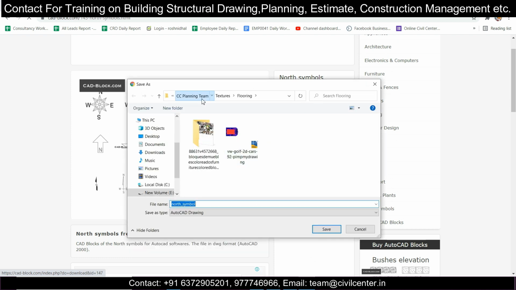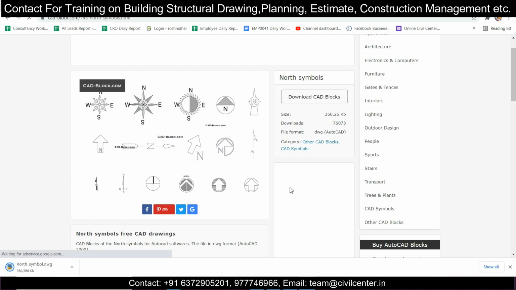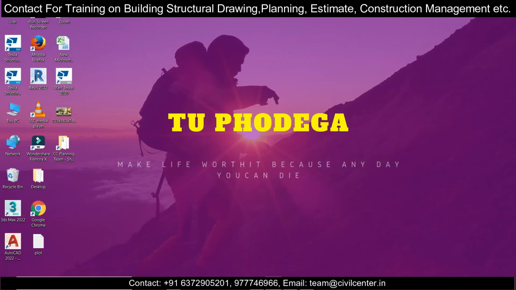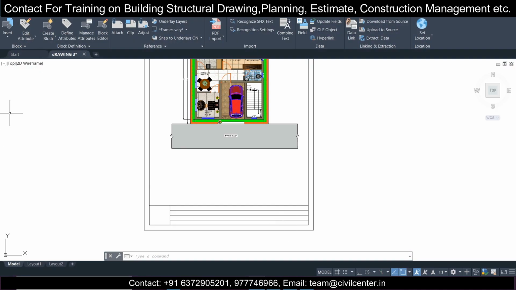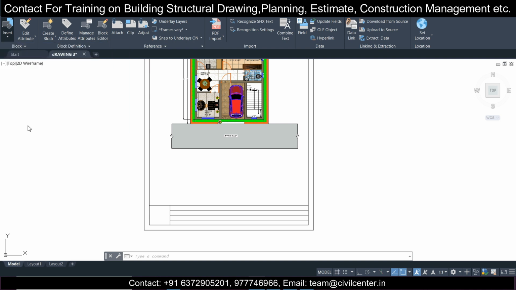I'll save the north symbols, and after this is saved, I can simply go here and insert blocks from libraries.